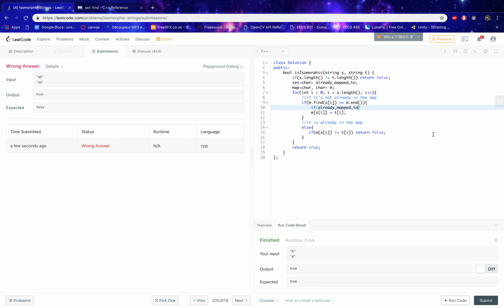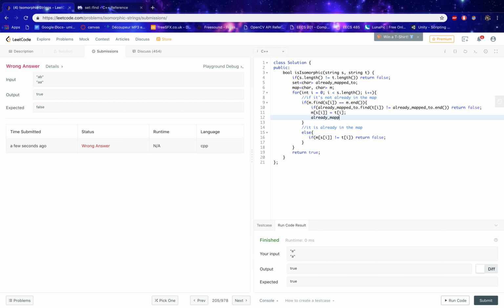So dot find, we are looking for t sub I. So if it exists already, I think we want to return false because we've already mapped something to it. So for example, A's already been mapped to, then we should return false. And if not, let's just go along with our business and also do